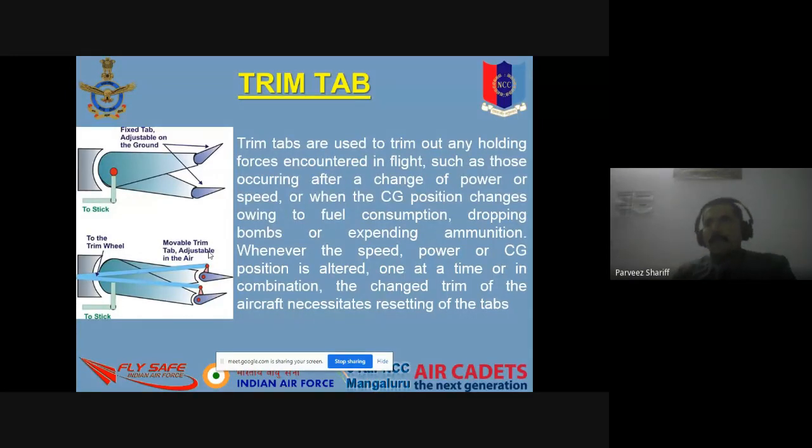For example, you are riding a bicycle on a bumpy road. You cannot do anything. Your bicycle will be moving up and down like that. You will be moving like this. In air also, a similar effect happens due to air fluctuations. So the aircraft will be vibrating. So those vibrations or oscillations can be controlled with the help of trim tabs. And those are the hinged surfaces which are connected at the back side. Okay.